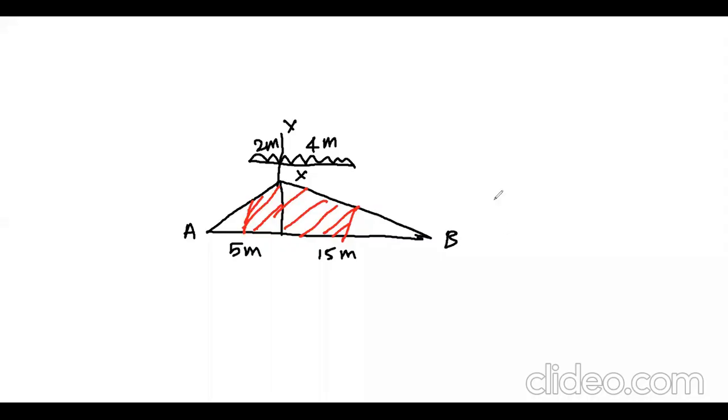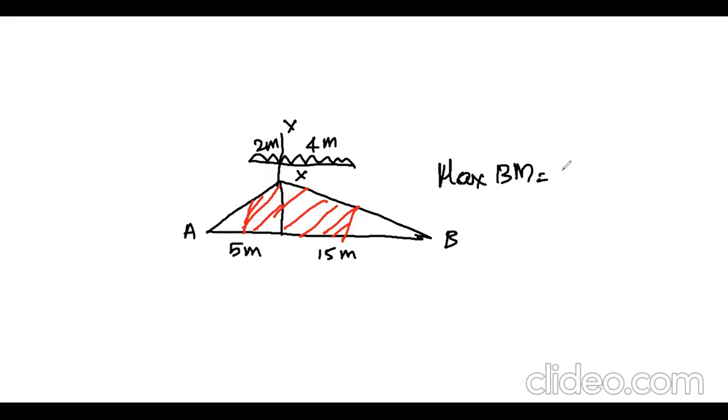Now we are going to find the value of the maximum bending moment, because we are clear about placing the load. How can we find it? It is very easy. To find the maximum bending moment, you multiply the load intensity with the area we are considering. Here the area considered is shaded in red.